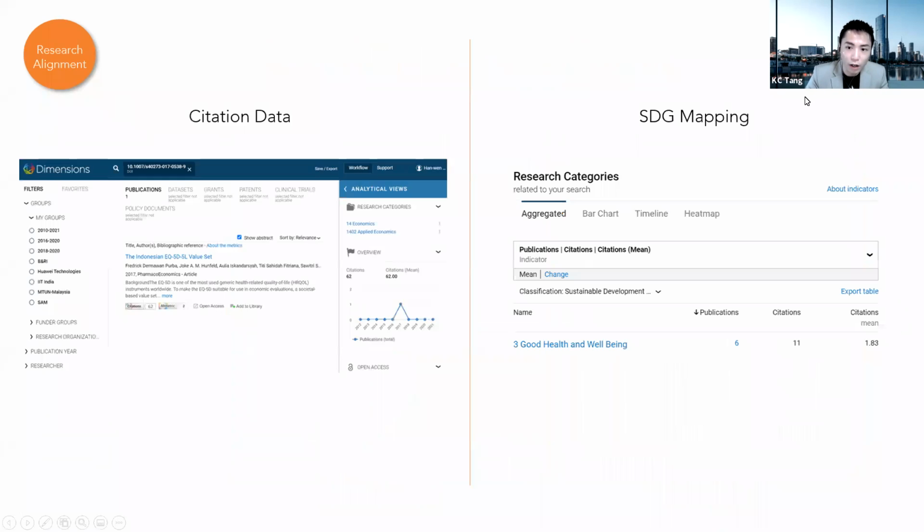But as far as I know, until today it's still at a very early stage, because the alignment solely depends on the writing style of the research paper, and we do not want to force a marriage on this whole thing. But what we can see is that if you are doing medical research, for example this paper on the left hand side, majority of their citations would come from someone who falls under good health and well-being, which is SDG 3 itself.